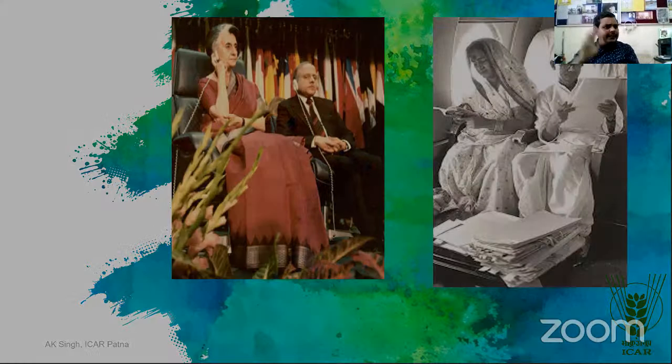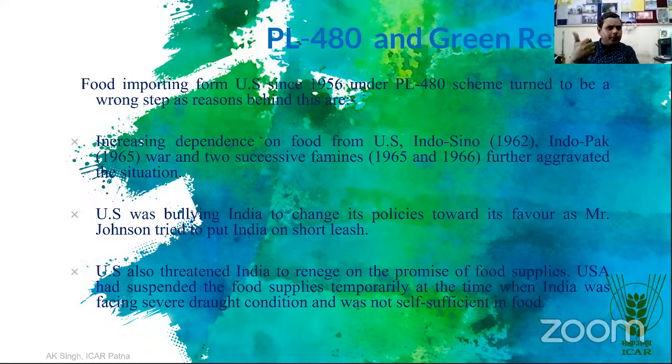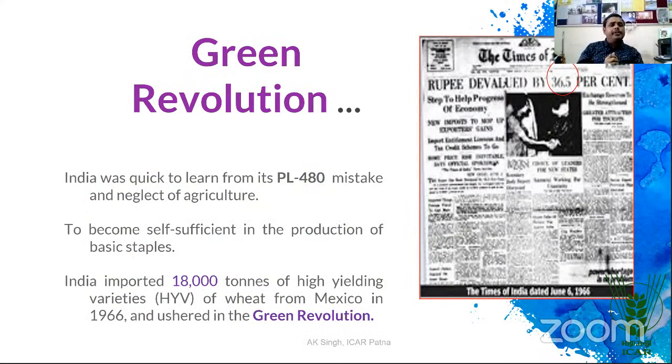During that time, we were facing very rough patches. Two consecutive wars, one with China and another the Indo-Pakistan war, and two consecutive famines, 1965 and 1966. India was crumbled and on its knees for food. During the pre-Green Revolution era, the US came, and for the first time in Indian history our currency was devalued heavily, to the tune of 36.6%. This is the first time our currency was devalued, and the rest is history. And at that time we shifted to wheat.